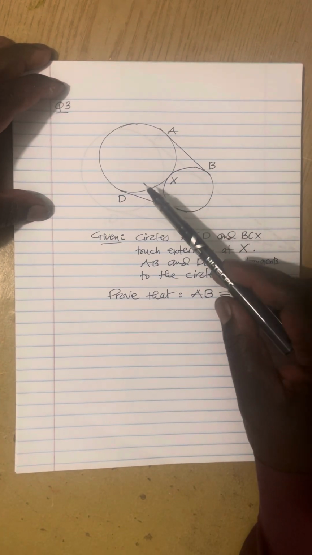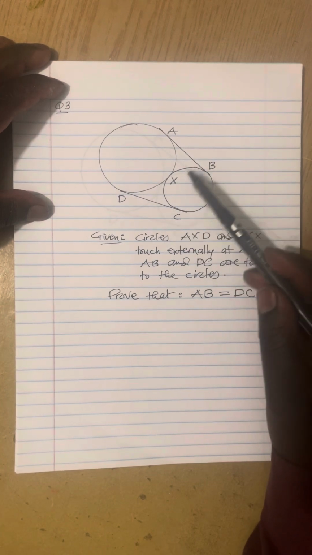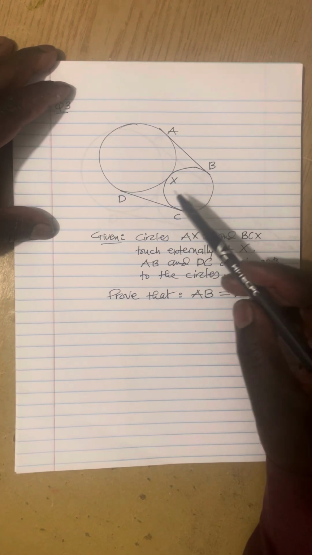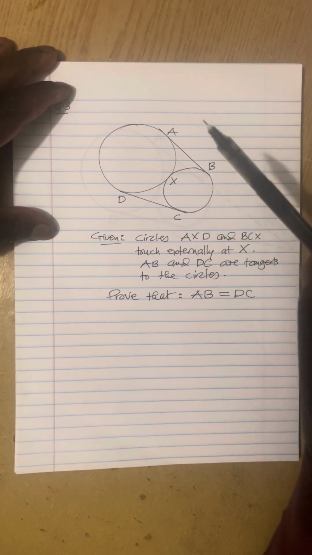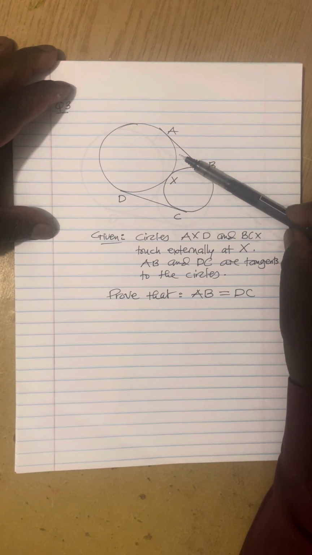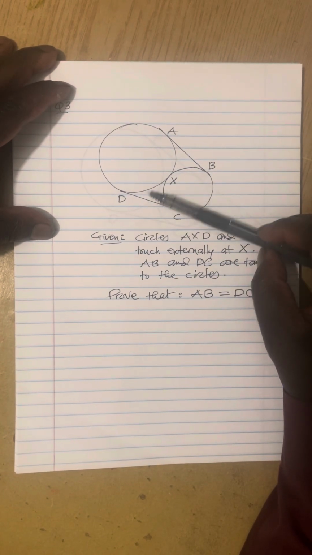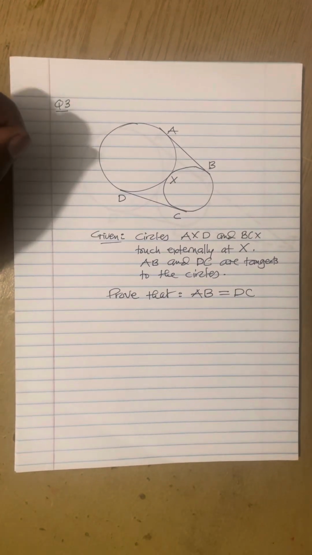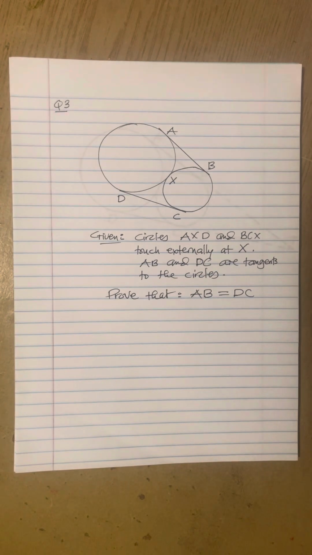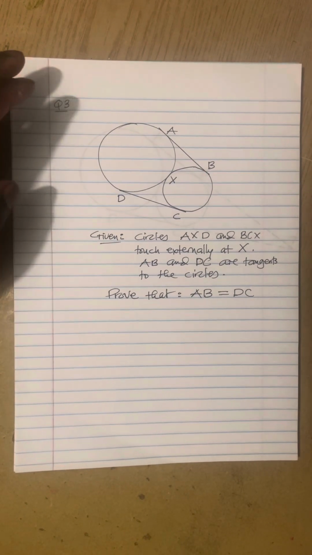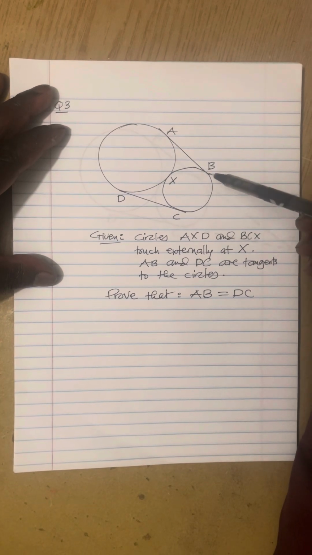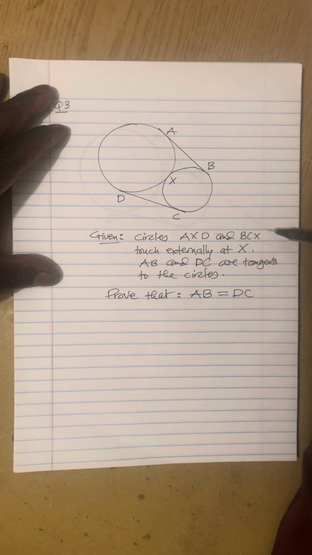Now, I spoke about tangent circles that touch externally, that the common tangent would be the best point to start from. In this case, if you draw the common tangent there, it's very difficult to connect the triangle formed that side and this side, or triangles formed there and here. So in this case, drawing a common tangent does not provide an easy solution for us. So therefore, we would perhaps try and produce AB to some point and produce DC to some point, so that these two tangents meet somewhere at the external point,